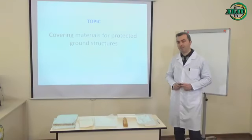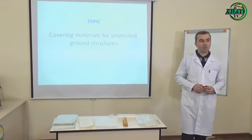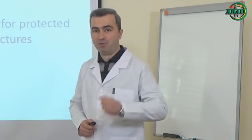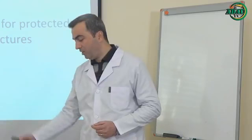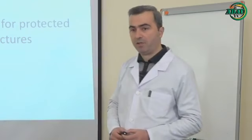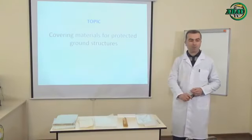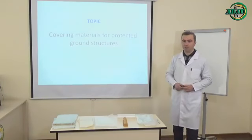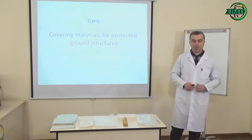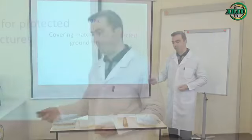If we look at the different kinds of cover materials, they are widely spread all over the world, and there is no single one that really meets the needs of all producers and growers, because the variety and kind of cover material depends on many different factors. We may count those factors, such as the area where the growers are operating. Especially in the northern areas with a colder climate, they use one kind of cover material. In areas where they have more sunny days, they use another, because the sun also destroys the cover materials